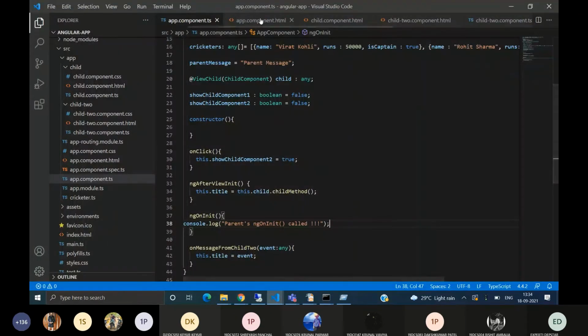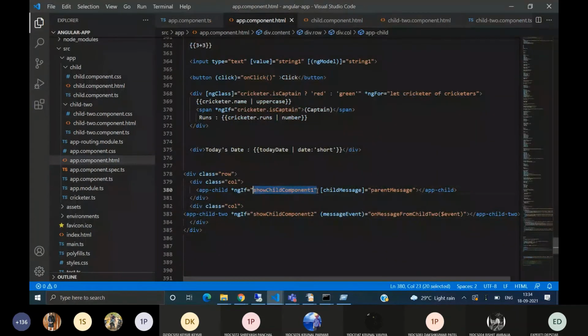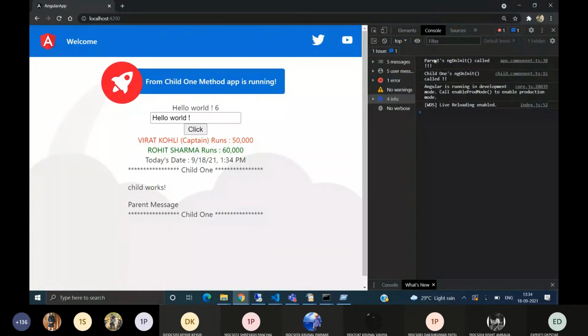Okay. First the parent's ngOnInit is called and then the child's ngOnInit is called. That means in the DOM the parent is invoked and formed on the template side first, and then its children are rendered.